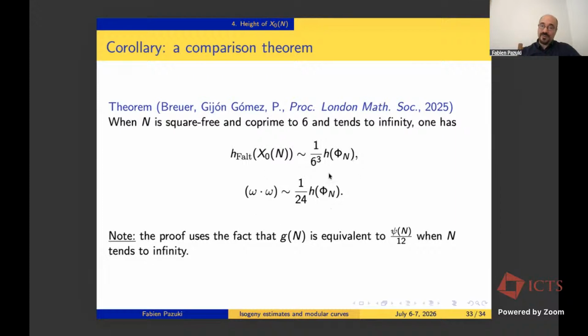Omega square is also basically, up to 1/24, the height of the modular polynomial. That took me by surprise a little bit, because I always felt that probably this height is interesting, but not as refined. But it seems that, in fact, we have asymptotically